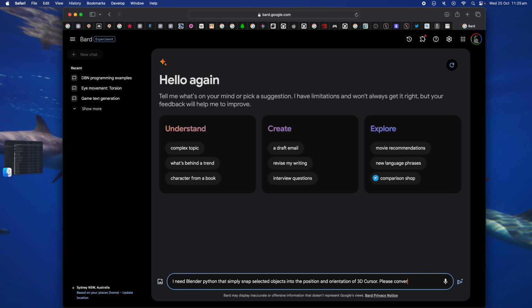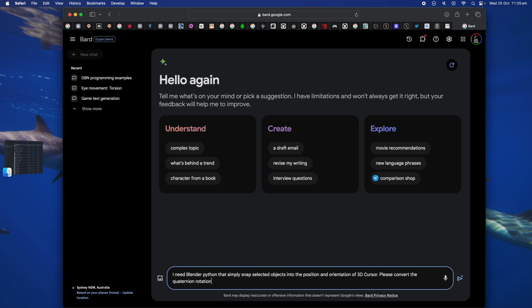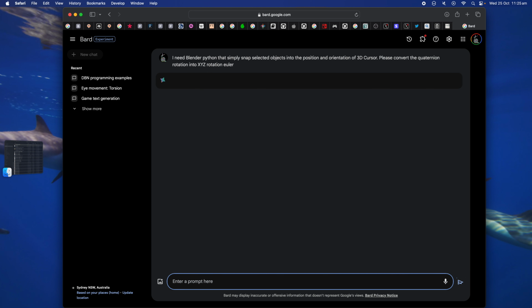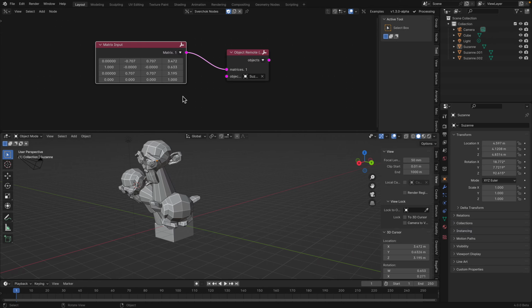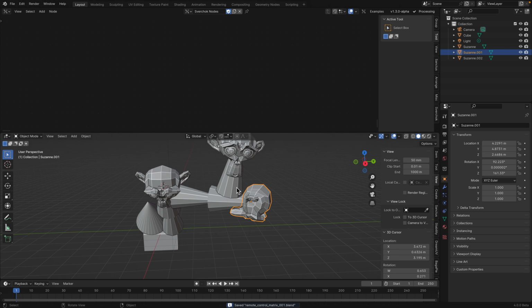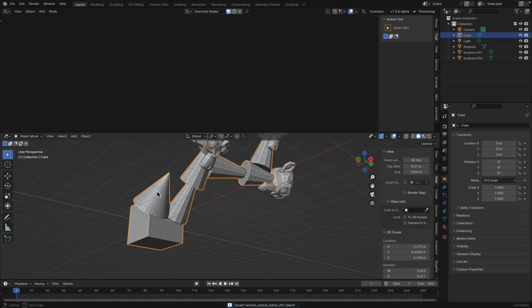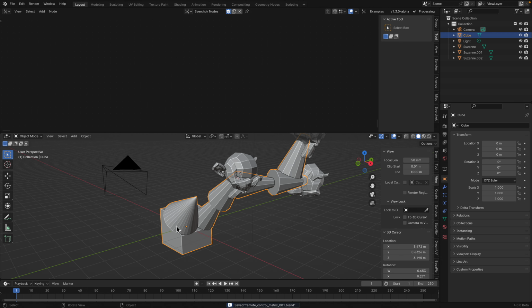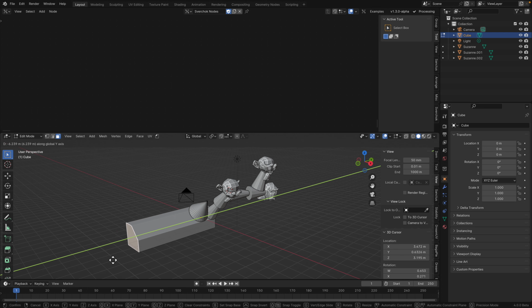Please convert the quaternion rotations into XYZ Euler rotation. So we ask this of Bard AI. Hopefully Bard will give us what we want. So yeah, object remote control and the matrix. That's all we need. If you actually want this, let's make this a little bit